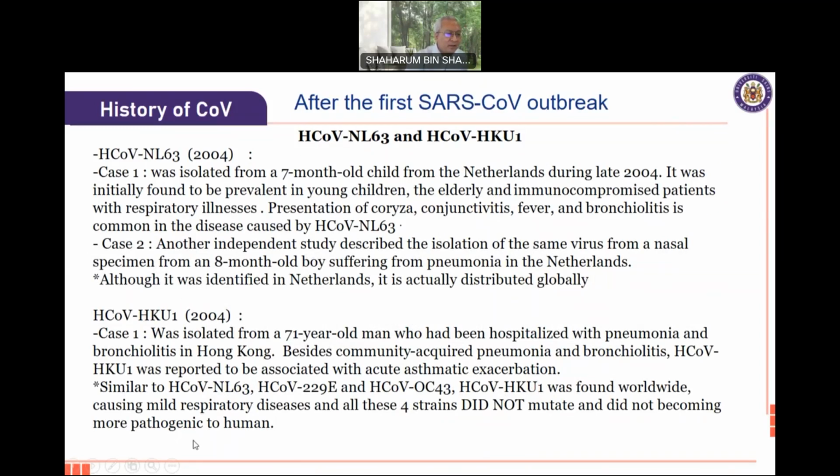Then in the same year, 2004, another strain variant was detected in Hong Kong. However, all these variants were not severe. Most of them caused very mild respiratory disease,